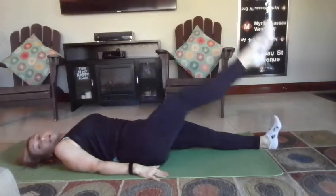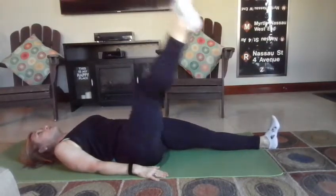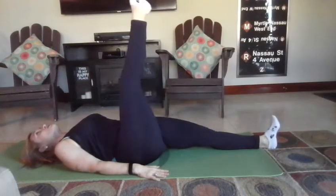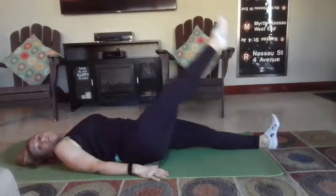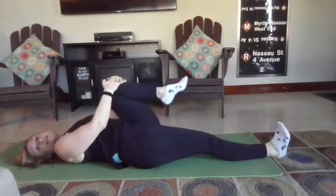Pulling those abs in and up and hold there. Now we go around, across and up. So we reversed it. Got 4 more. Think about pulling those abs in and up. The other ones are steering the ship, steering that leg around. And last one, bend that knee in, take that leg out,